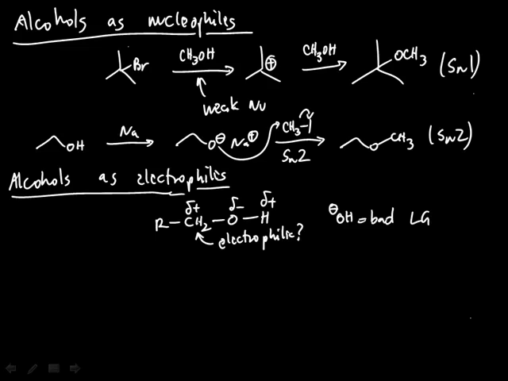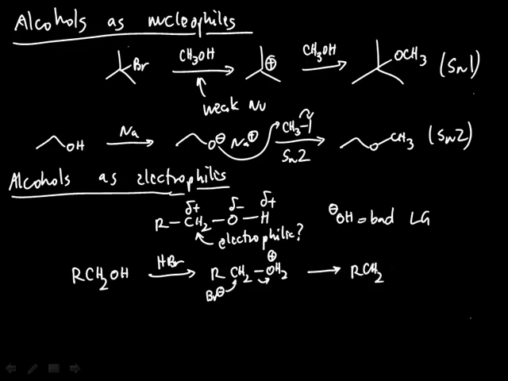And so the solution to this problem is the conversion of the OH group into a better leaving group. One of those methods we've already seen, and that is a simple protonation, such as protonation with HBr, which will then give us a protonated alcohol, and now water is a much better leaving group, which can be eliminated with bromide attack to give us this bromide as well as water. So that is one possible way to get to a good leaving group.